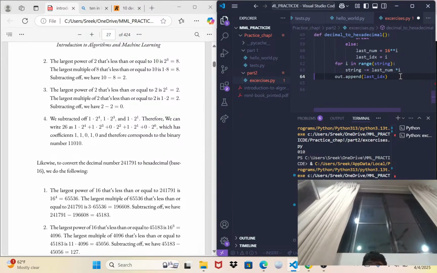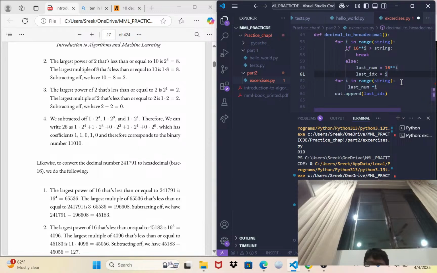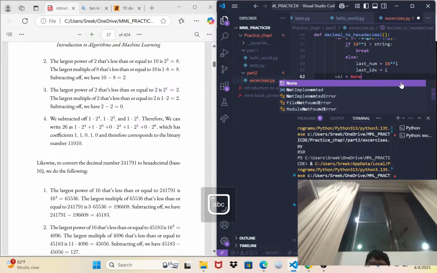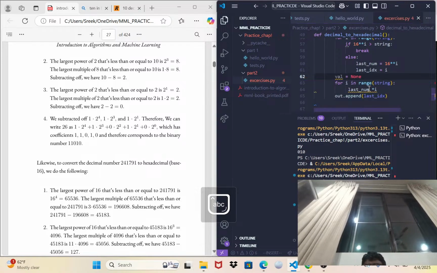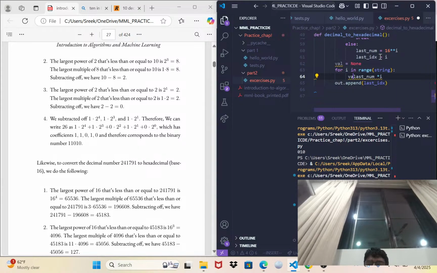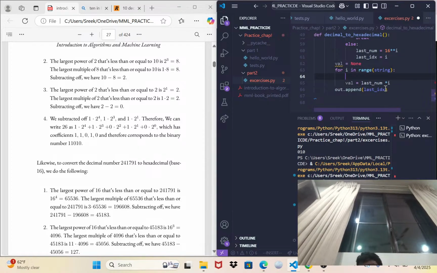I don't know if this is the most efficient way of doing it, but, okay, so what we can calculate is, so we can say that this is equal to, so let's just say val is equal, this is like really ugly code, I think, fortunately. So, what we're gonna do is set val equal to last num times I, and,